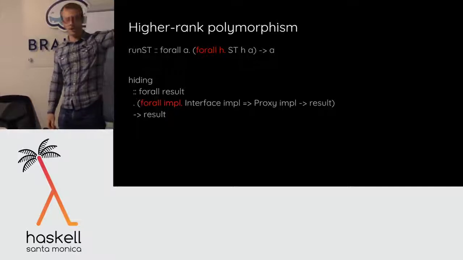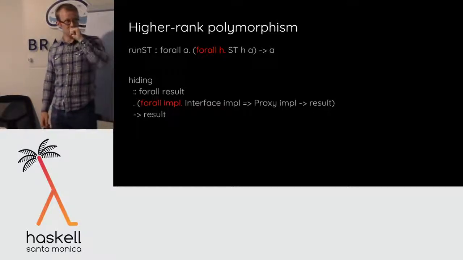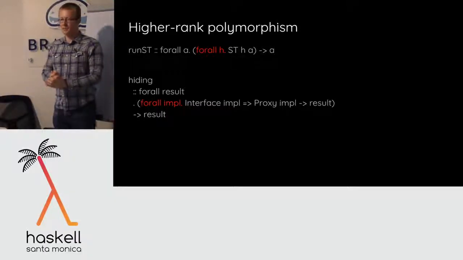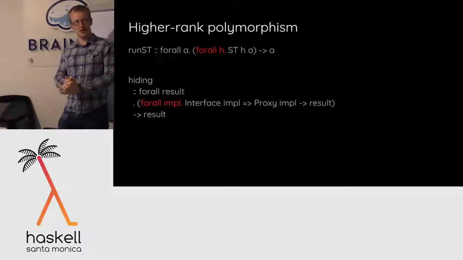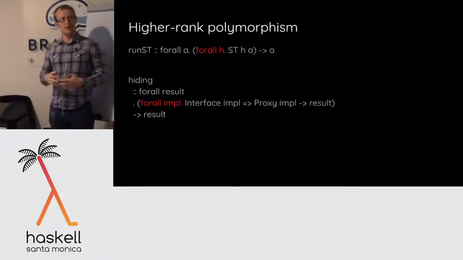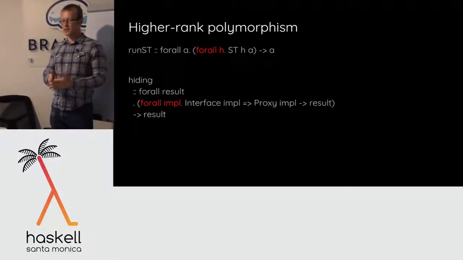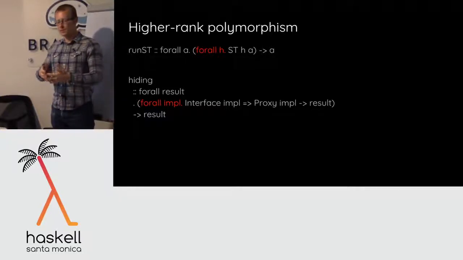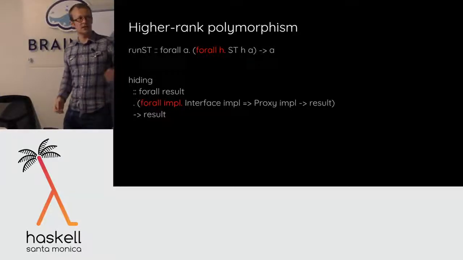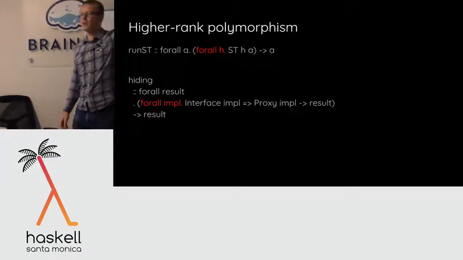One application of this in Haskell and PureScript is the ST monad, which is a state monad. There's a paper that goes with this called Lazy Functional State Threads. It's basically an alternative to things like the state monad for tracking mutable state, but in such a way that the type system lets you know that the mutation can't leak out of the function you're trying to define, okay? And the way it does that is to use higher rank polymorphism.